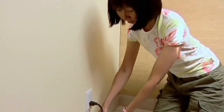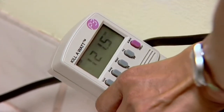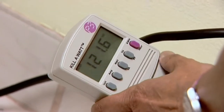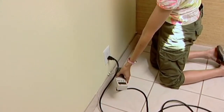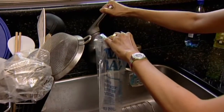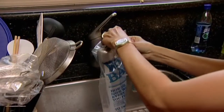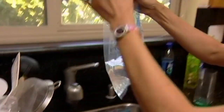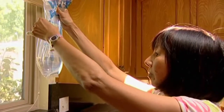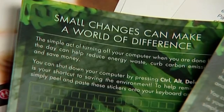HP has set up an employee green home toolkit to enable simple energy-saving upgrades in the home. This includes a kilowatt meter to quantify the biggest electricity consumers in the house, a thermometer to measure the water heater, refrigerator and freezer temperatures, and a water flow meter bag to measure sink and shower flows. Once employees have measured their energy usage, HP offers a number of simple tips on how to improve this and